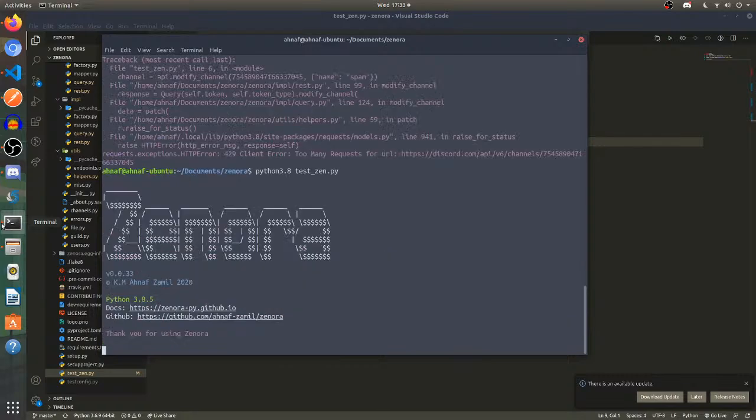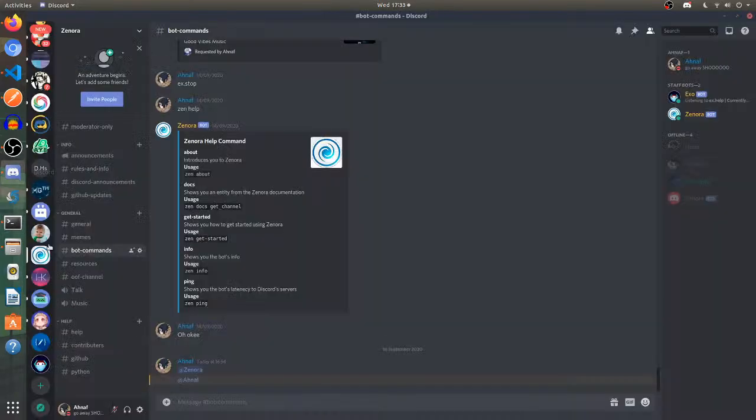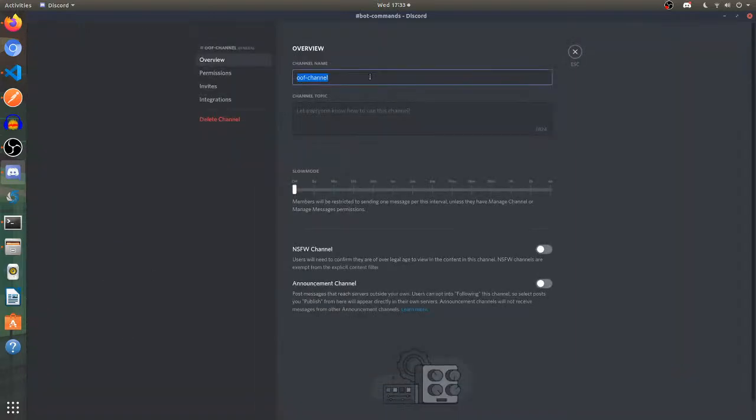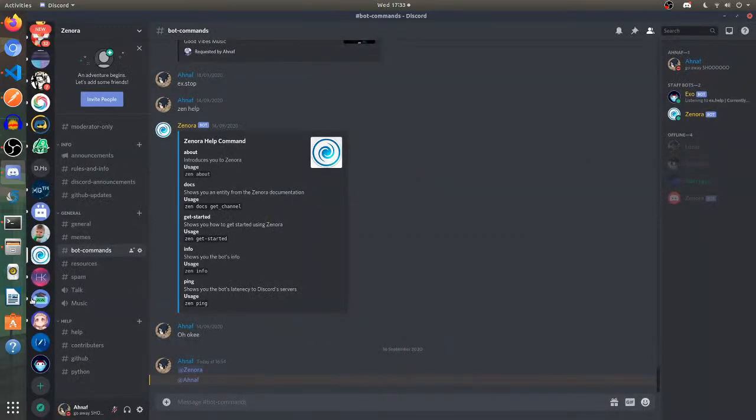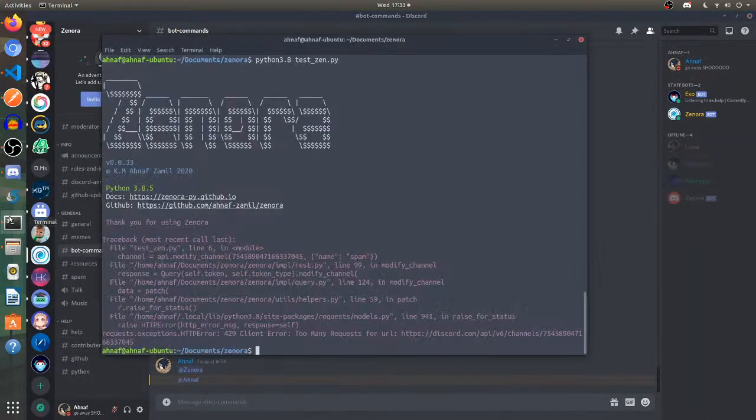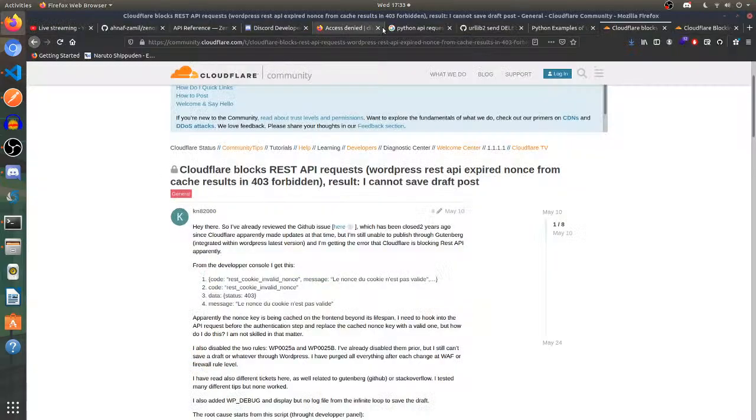If I try this request again, yeah, same issue. I guess I need to actually change it from the spam. Yeah, this uses the WebSocket API, so it's actually not a big problem. Now, what are the other things that we can actually use?